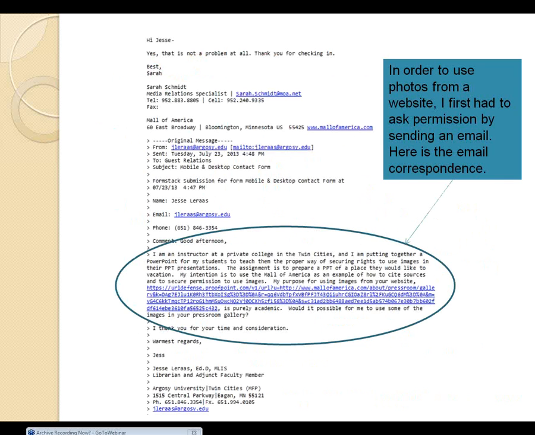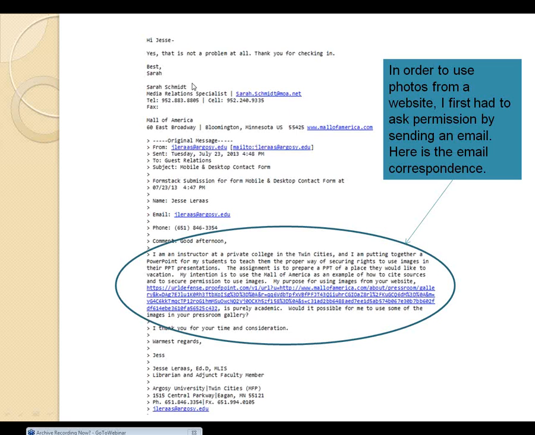In order to use those pictures from the Mall of America, I made sure that I went out and asked permission. All that was me emailing someone at the Mall of America asking for permission. I told them who I was, what I was using them for, and wondered if I could just use them for this presentation. If you look at the top of the page here, I did get a response back